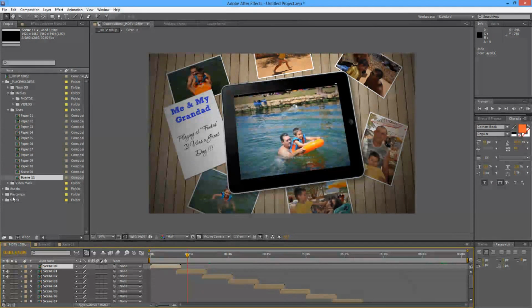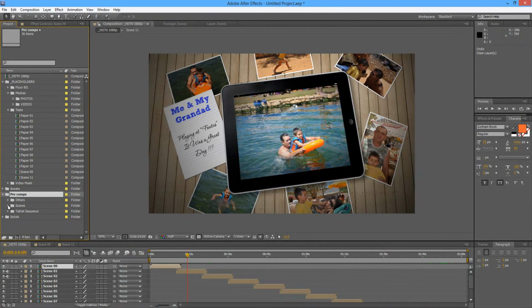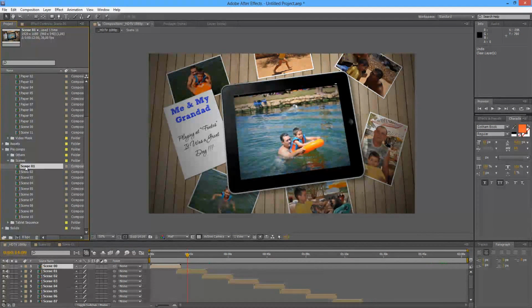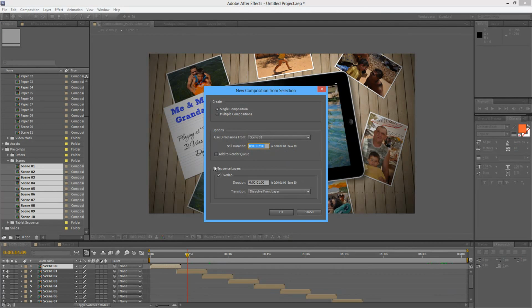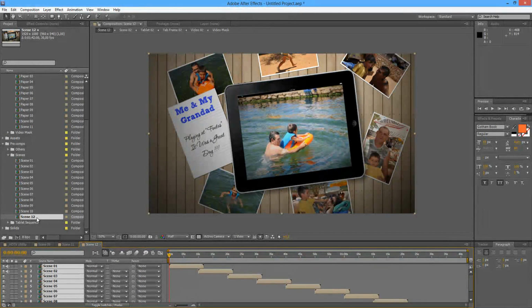Or you can go to the pre-comps and go to the scenes folder, select the first one, hold shift, select the last one, bring them to create a new composition, and where it says sequence layer selected, overlap selected, and then the duration choose, well, this is free, you can use any duration, but to look as the original preview that I made, use 2 seconds and dissolve front layer. So if you do this, and press OK,